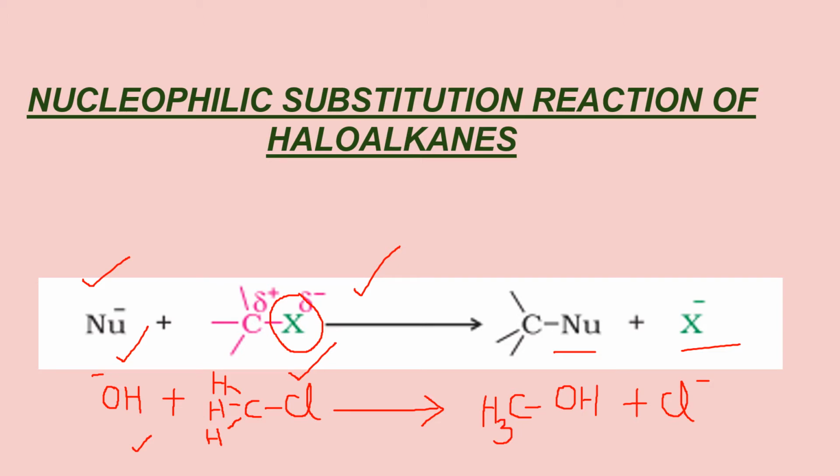Now this is the simple, very simple nucleophilic substitution reaction. I have started with a primary alkyl halide. Why am I calling it primary? Because the carbon attached to halogen is not attached to any other carbon. So those which are having such carbons which are not attached to any other carbon or are just attached to one more carbon, they are called primary alkyl halides. So here I have started with a primary one, and then as we understand the mechanism, we'll be discussing secondary.